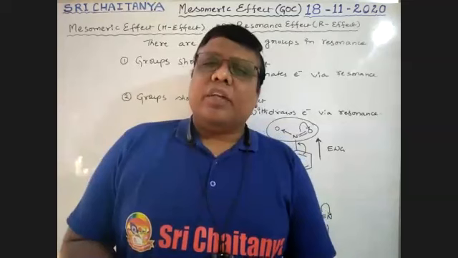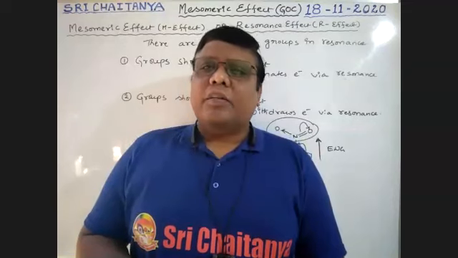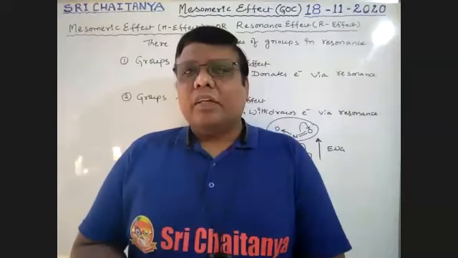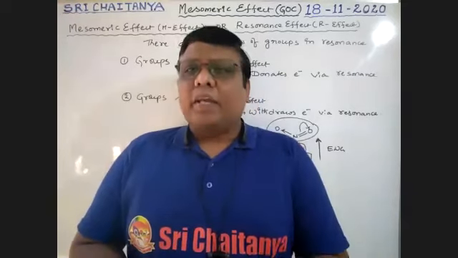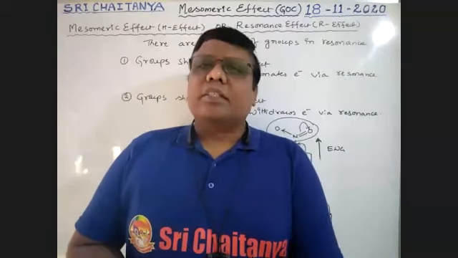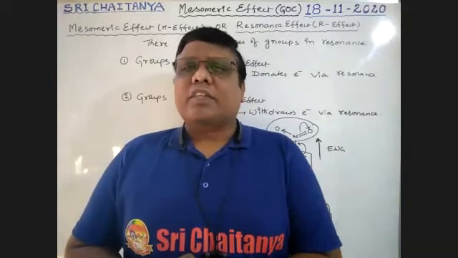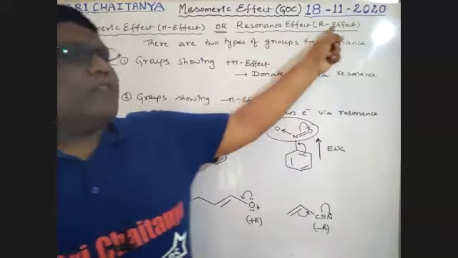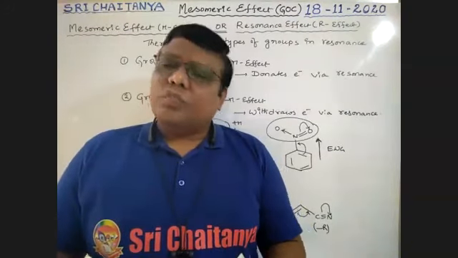So we covered resonance and the stability of resonance structures, and some applications towards bond length, boys. Now, based on this resonance, there is an electronic effect decided. Just like the inductive effect, here we are discussing the mesomeric effect, which is also called the resonance effect. Mesomeric effect is indicated with the letter M and resonance effect with the letter R. So the M effect or R effect, both are the same.